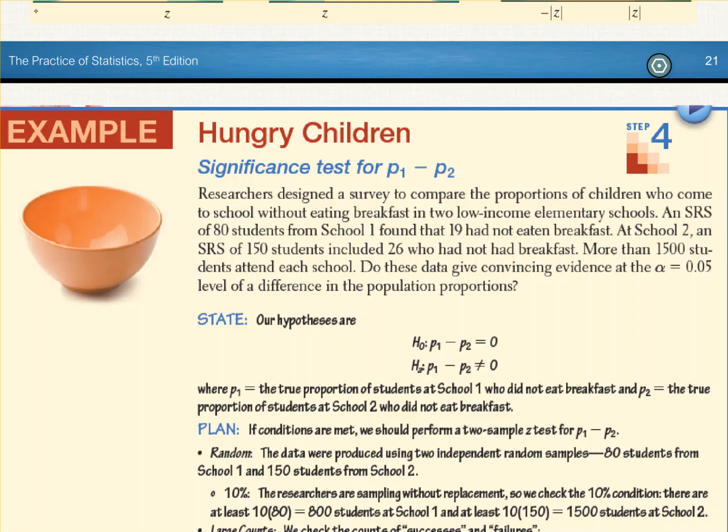All right, so our null hypothesis is that they're the same, and that's what it's always going to be. Our alternative hypothesis is that they're not the same. So